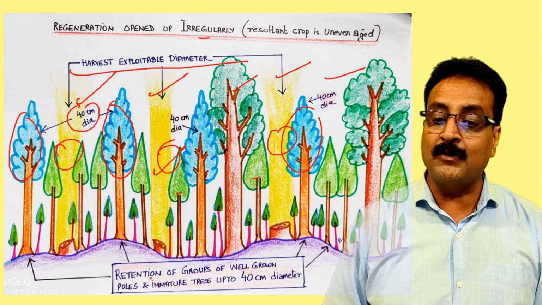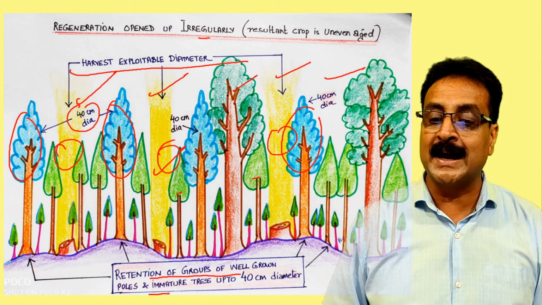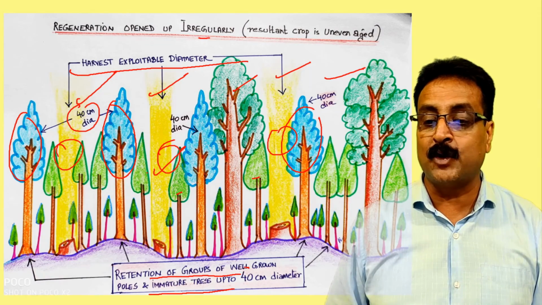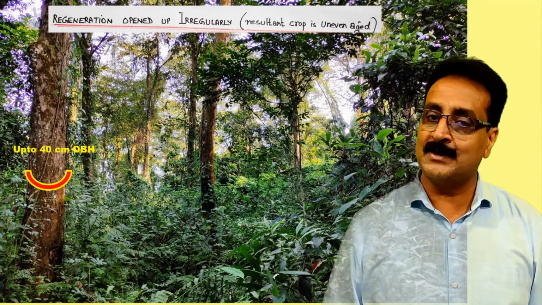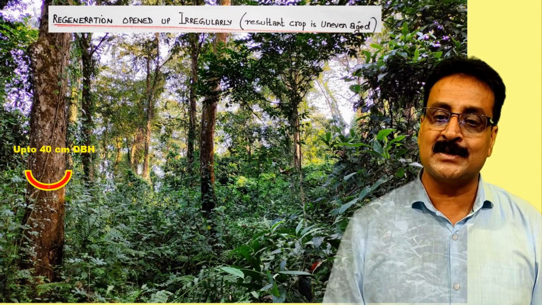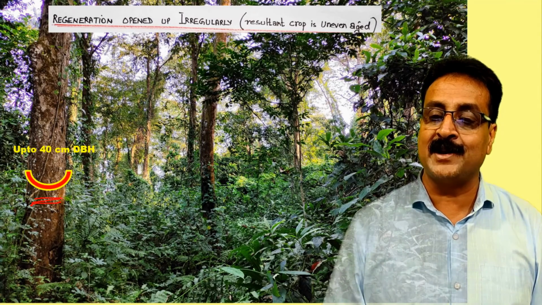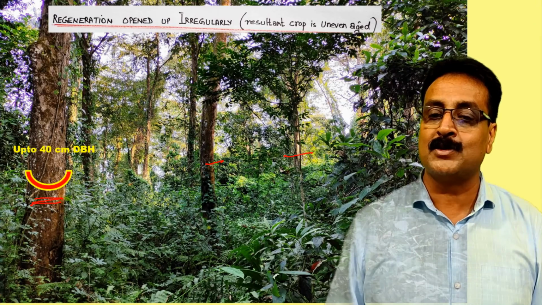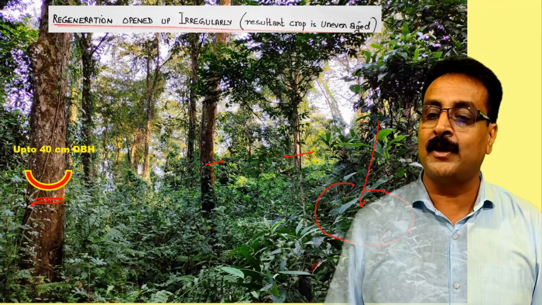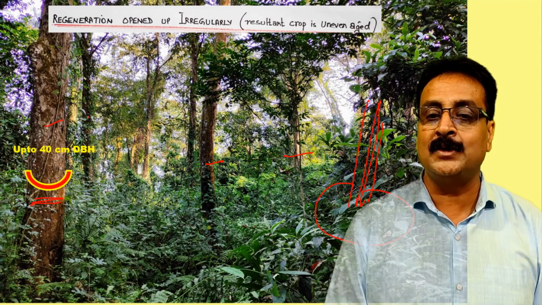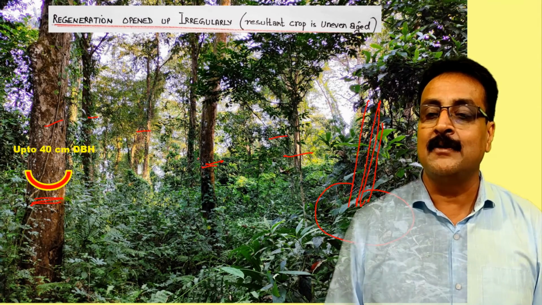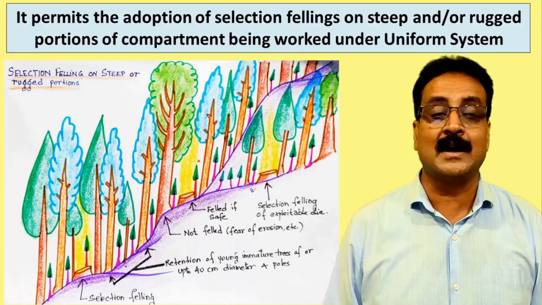Due to retention of the groups of well-grown poles and immature trees up to 40 centimeter diameter, it becomes somewhere irregular. So this is a diameter of 40 centimeter. It is retained here. This is a pole stage, and the harvesting one we have already felled from here. So you can see how different diameters are there, which results in an uneven edge